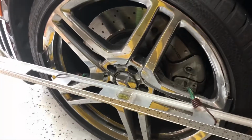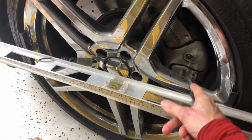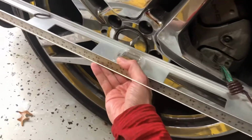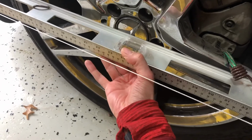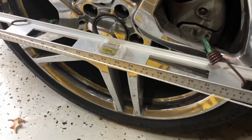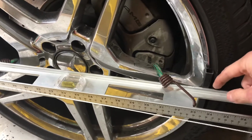So here's a little bit more detail on that level. Really simple. I just used a bungee cord, you can see here, going down through underneath here and back out here. And that works pretty well. You end up having to move this up and down a little bit to get it centered so that the string is close to being able to measure it. The other thing that's key here is you don't want the level or whatever you're using to be in contact with the rubber. That's really not a very